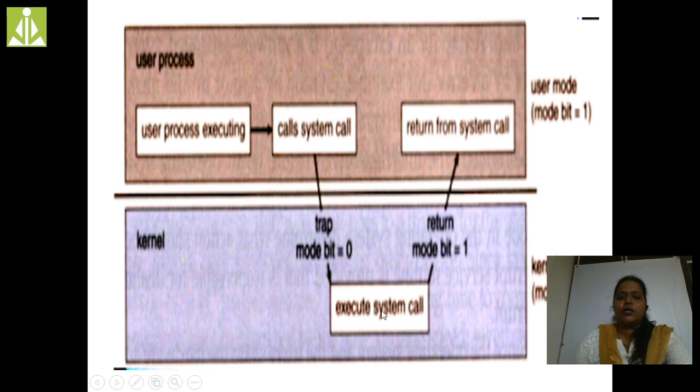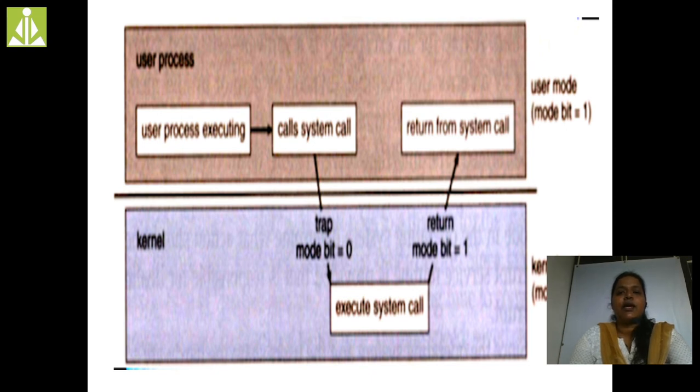Here the user is going to make use of a printer, and then he has to go to the user mode once again, and again the mode bit will change from 0 to 1 when he returns back to the user process. So these are the two different modes we have, user mode as well as kernel mode. User related items are done in the user mode, and hardware related items can be done in the kernel mode. If you want to move from user mode to kernel mode, the user has to generate a trap. Trap is nothing but changing from user mode to kernel mode.